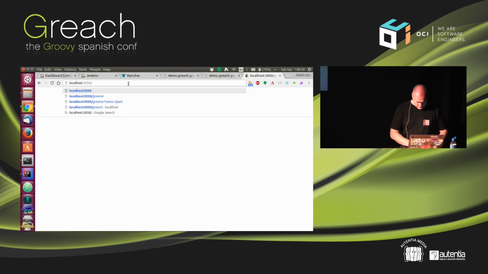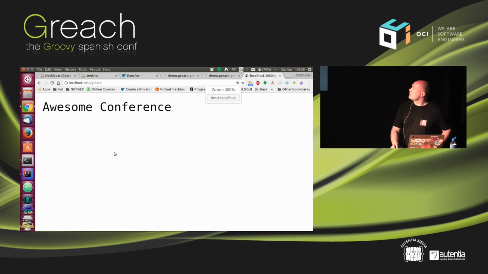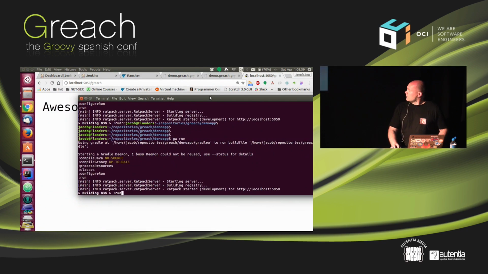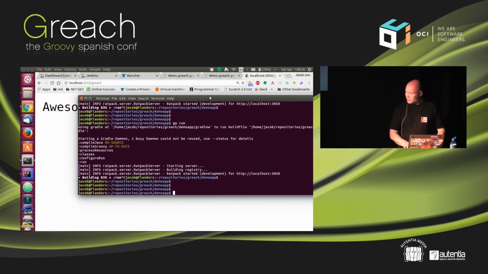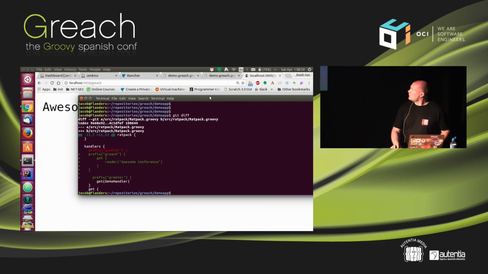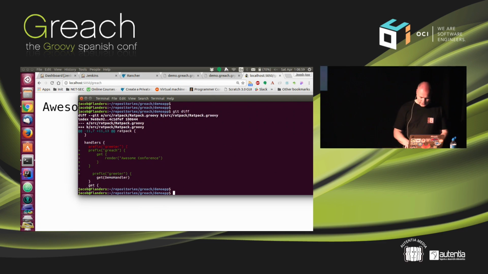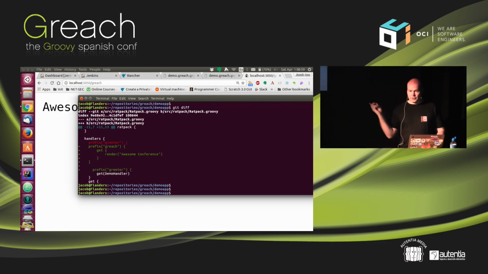If I ask for Greach, it'll tell me it's an awesome conference. So I'll stop this one locally and say git diff. Well, all it is, I've inserted an extra get thing in the Ratpack file. So don't do this at home. You should use an external handler. But for this example,